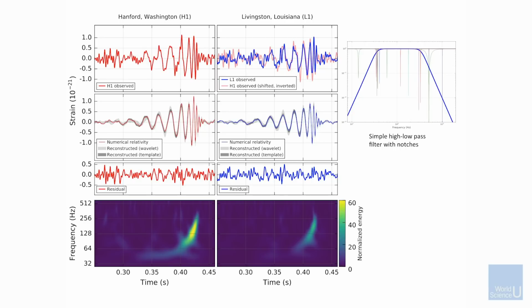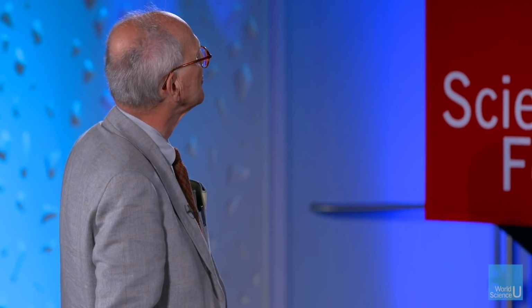Here they're superposed on each other, but displaced in time by about 7 milliseconds. In other words, this signal that we see here is a signal that came from the south. It hit Livingston first, then it hit Hanford within about 7 milliseconds. So it is something that's going close to the velocity of light. We think it's the velocity of light, but that's not a precise thing that comes in the end result.